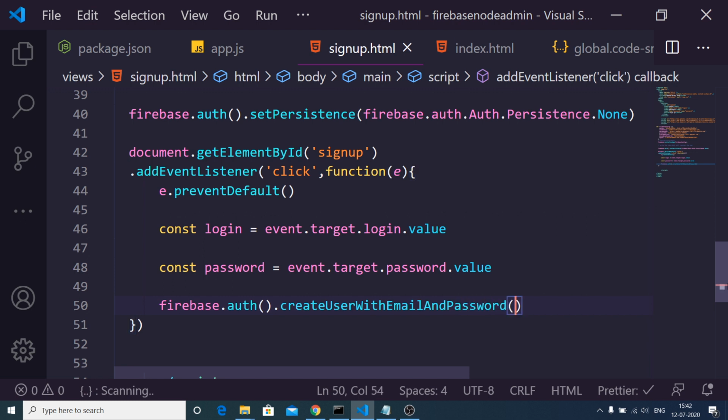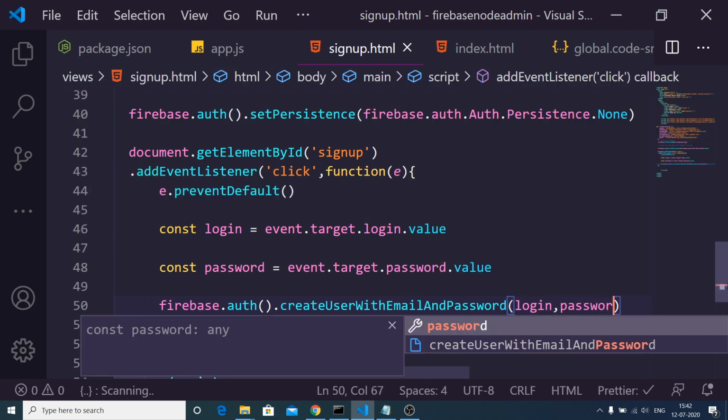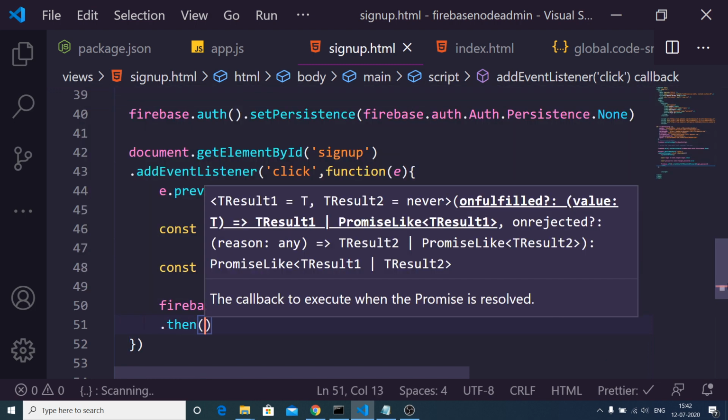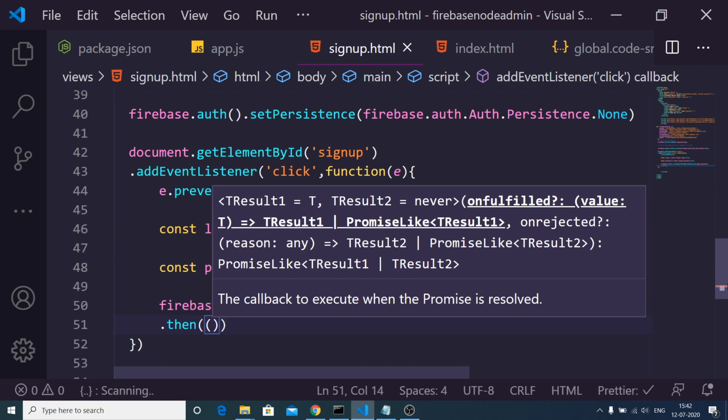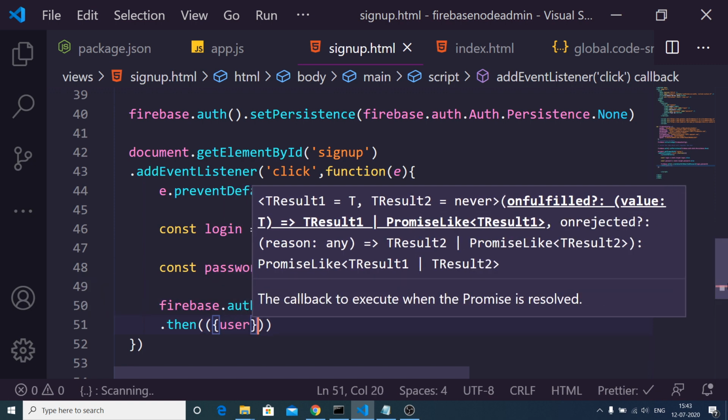This is a method, guys. Basically it will create the user with the specified email and password, and we just need to pass the email and the password. That's it. This returns a promise that we need to handle by .then. This callback function will execute holding the user for us. This user will be there inside this object.